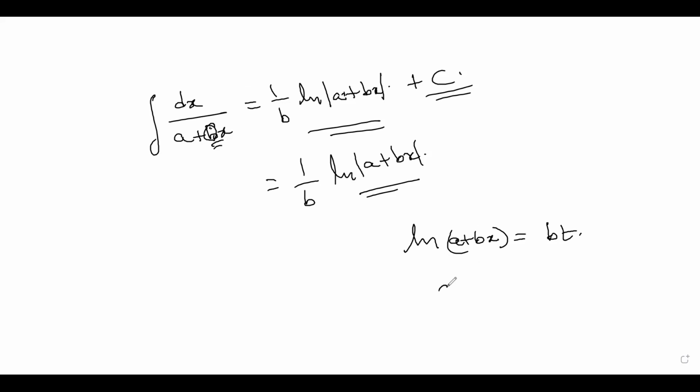And now when I remove the logarithm of a plus bx, the base is e, so it takes this power, e to the power of bt. Like this you will get, and then you have to find the value of x out of it. Hope you are clear with what we have done, right? Yes, sir. Got it, sir. Okay, that is the idea you need in order to solve these problems.